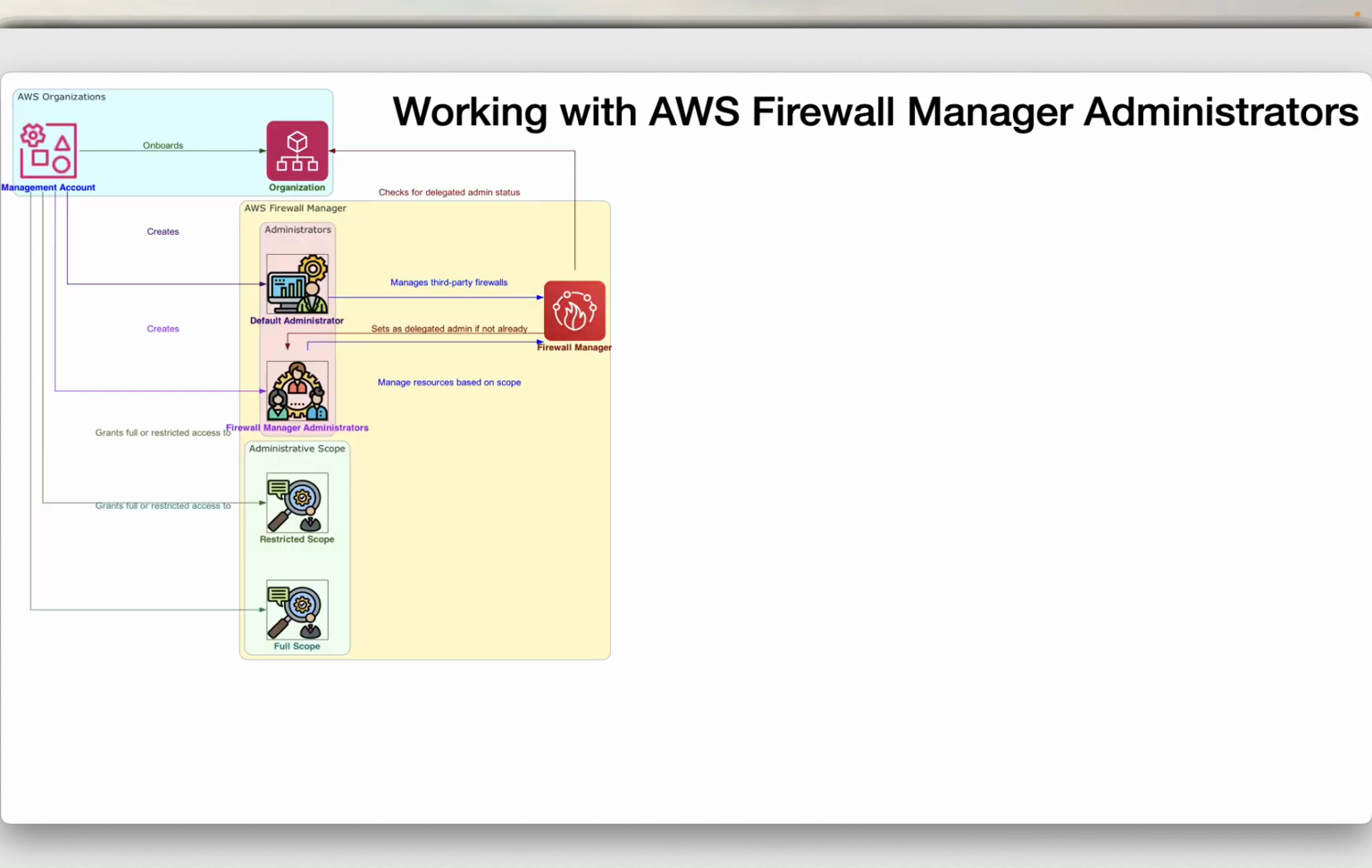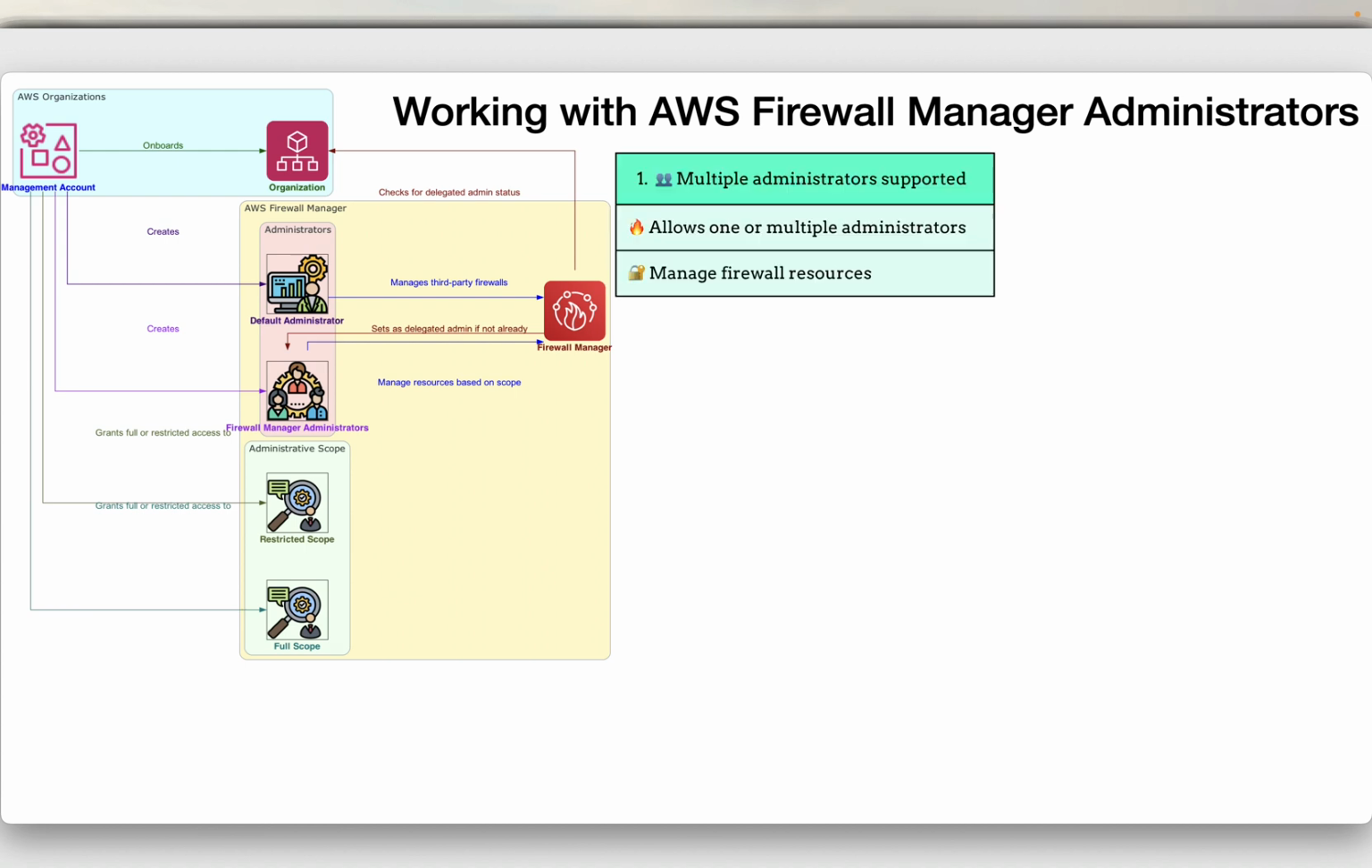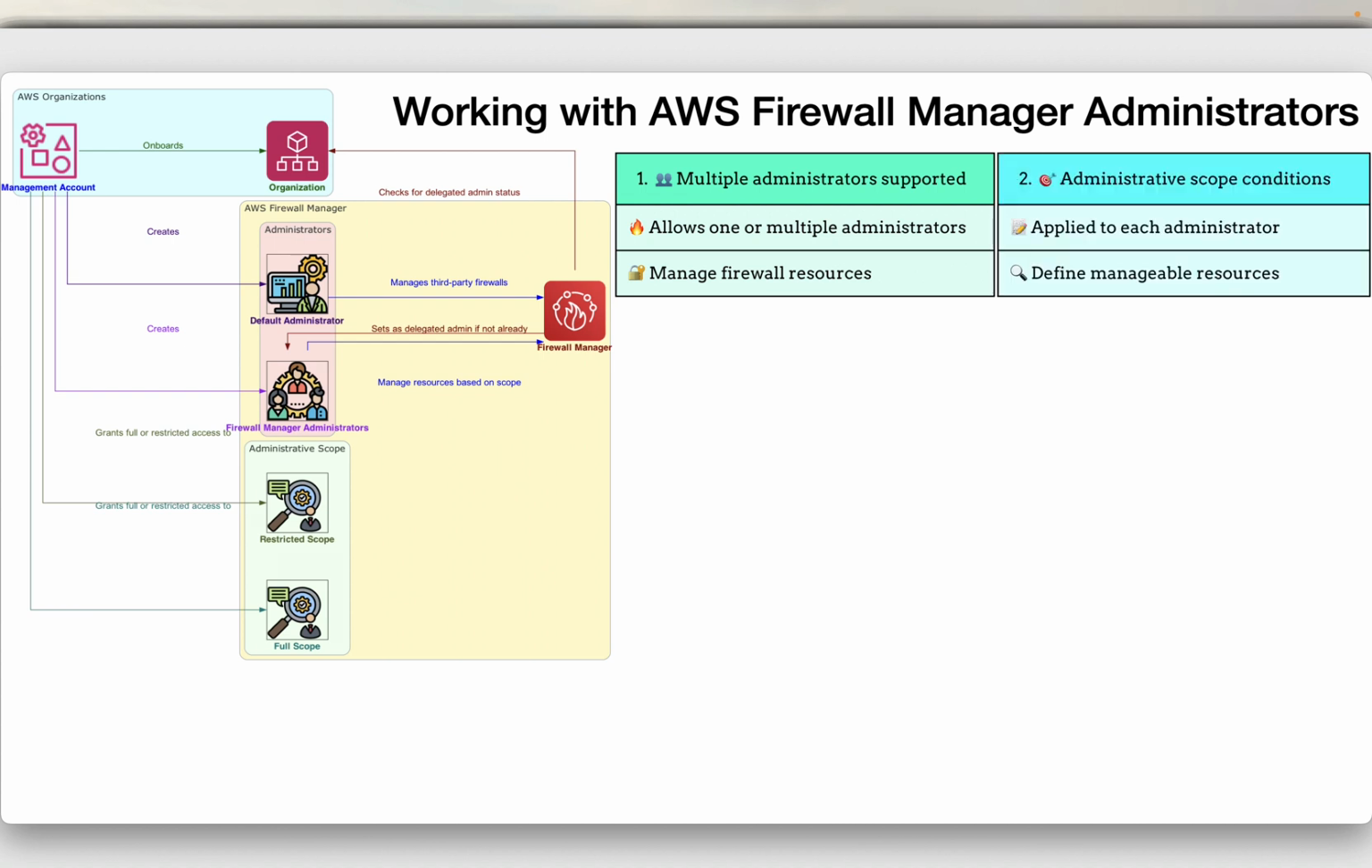So, working with AWS Firewall Manager administrators. AWS Firewall Manager allows organizations to have one or multiple administrators to manage firewall resources. Administrative scope conditions can be applied to each administrator to define the resources they can manage. So there's something called a scope to basically